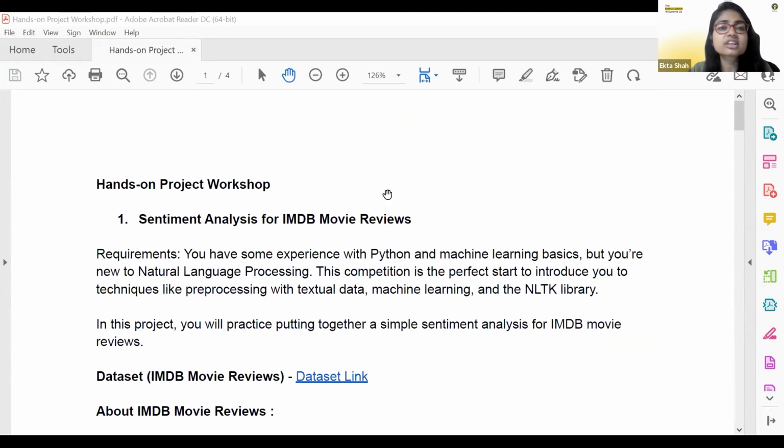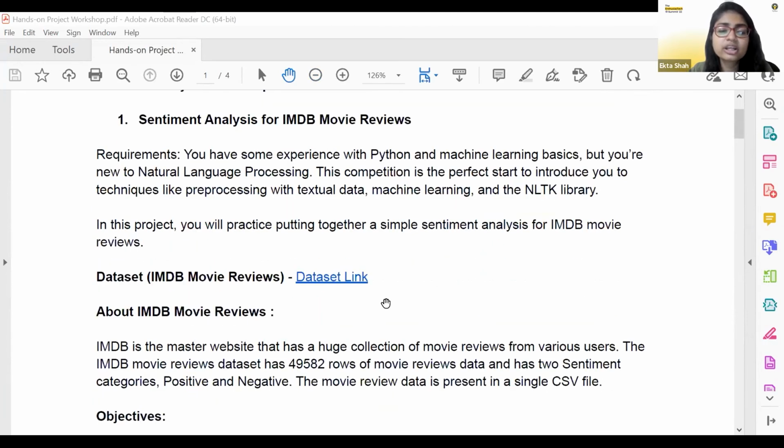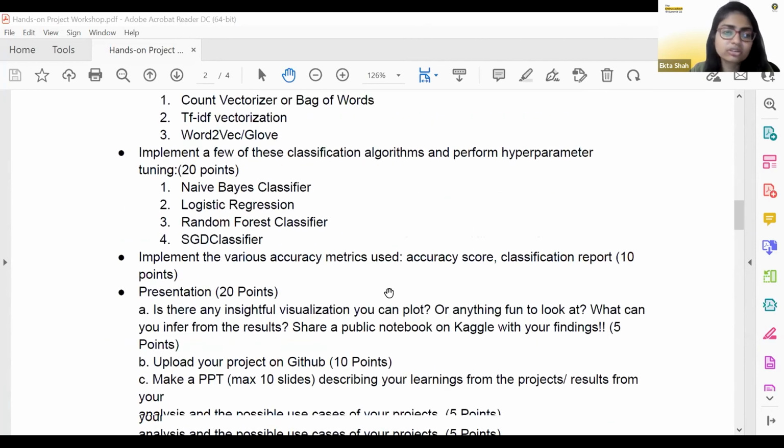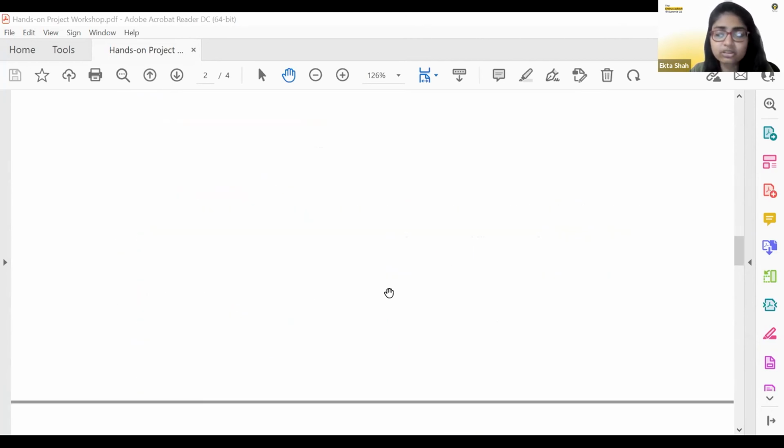Okay, and so this is the document which is going to be shared with you, and the datasets will also be shared with you. So that will not be a problem on that end at all. So I hope you all have at least understood what needs to be done. And this brings an end to what I had to present. We can open it up to a QA session now.